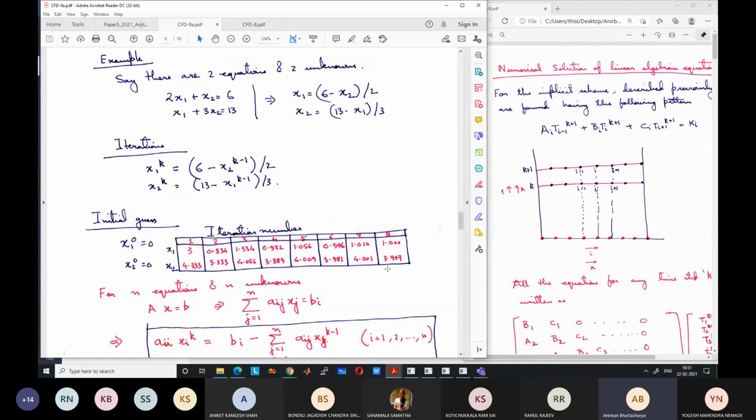What is the physical meaning of this convergence criteria? The physical meaning of the convergence criteria is that this is the maximum error we want to allow. This is the maximum error that we are willing to allow. So in this case, the maximum error we are willing to allow is 0.01. Fortunately, we have reached the correct solution, but the maximum error that we were willing to allow was 0.01. So our convergence criteria is 0.01.